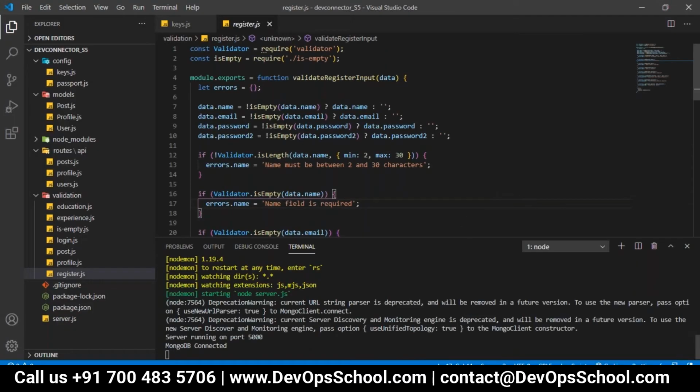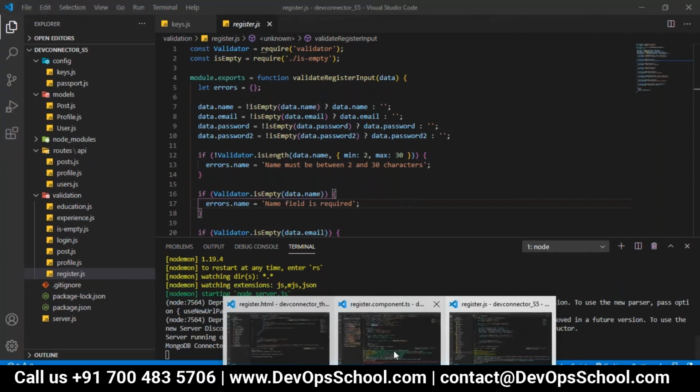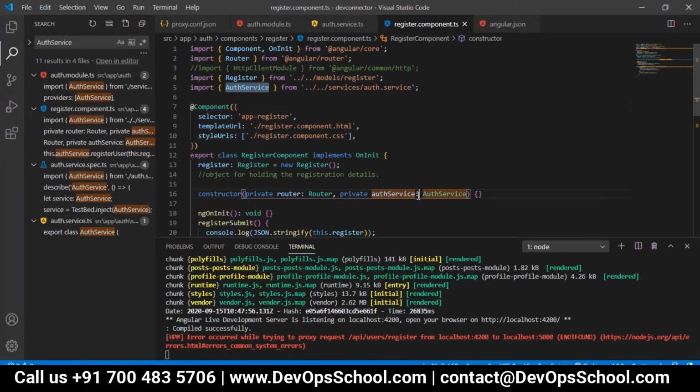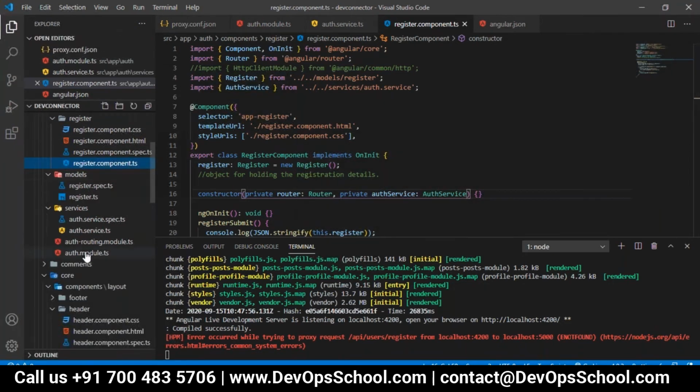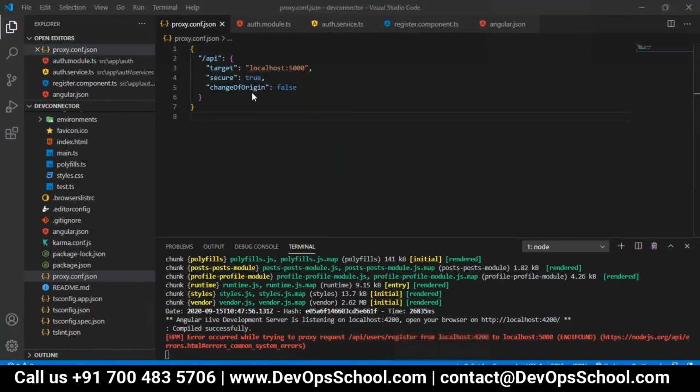This one, right? Should I be running this? Yes. No, that is not a problem. Leave it. Go to this one, the Angular application. Open proxy.conf.json, localhost 5000. Hey, you forgot the HTTP colon localhost part.